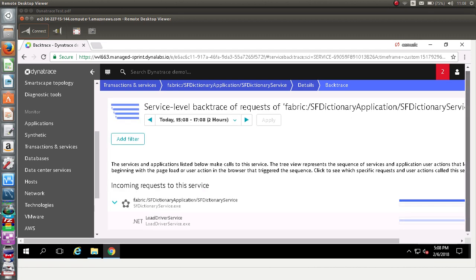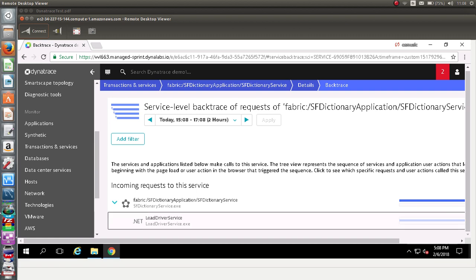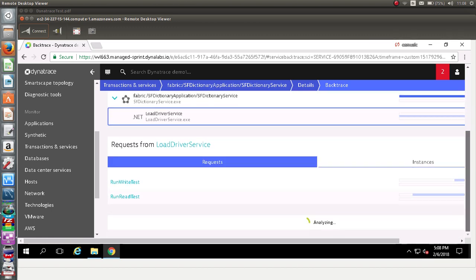Okay, so these are the incoming requests to this service. This service is called by the load driver service. So this is all the analysis that we can do, and we can click to expand what is happening with